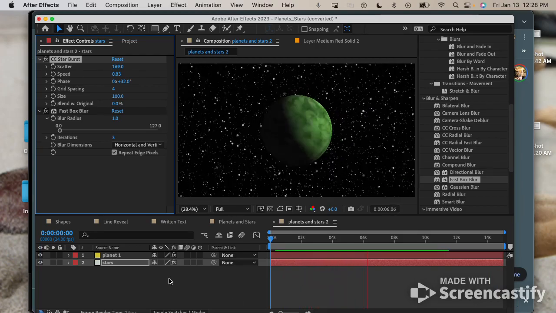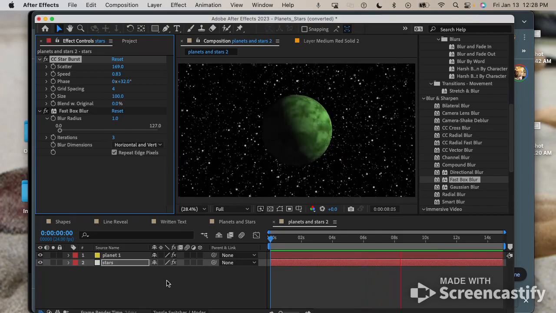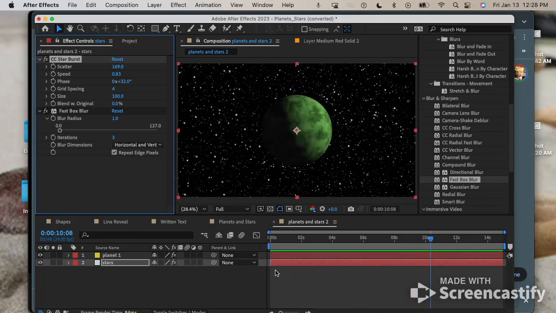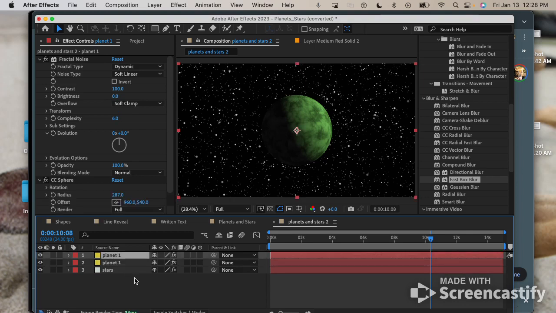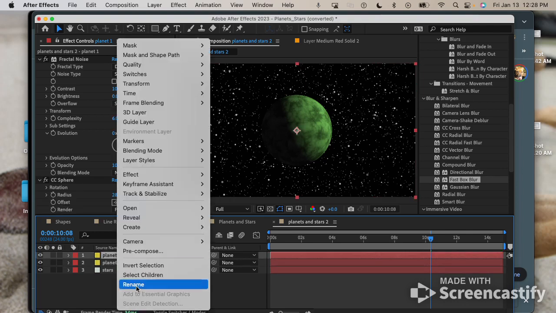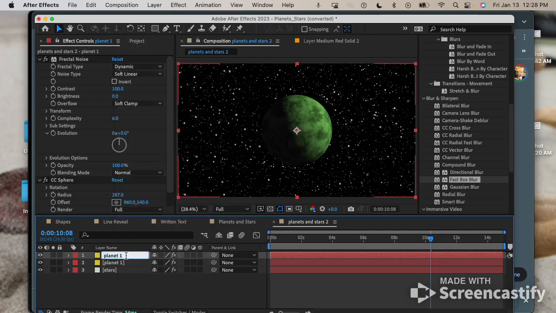Okay, so that is the first planet. So let's make a second planet. Since you've already created the first one, I'm just going to duplicate this layer. So I'm just going to copy that and then paste it. Rename it, call it Planet 2,